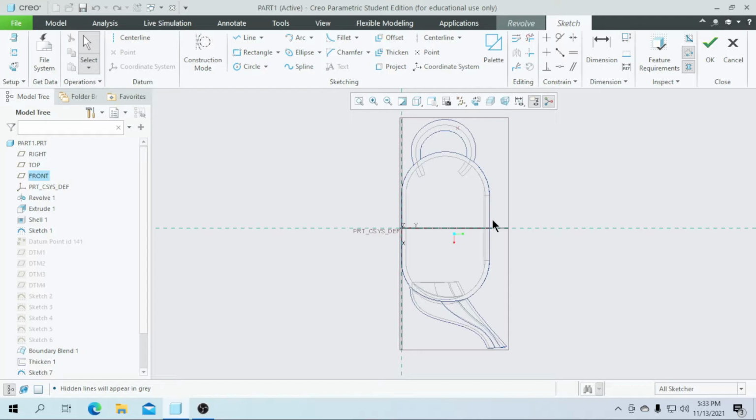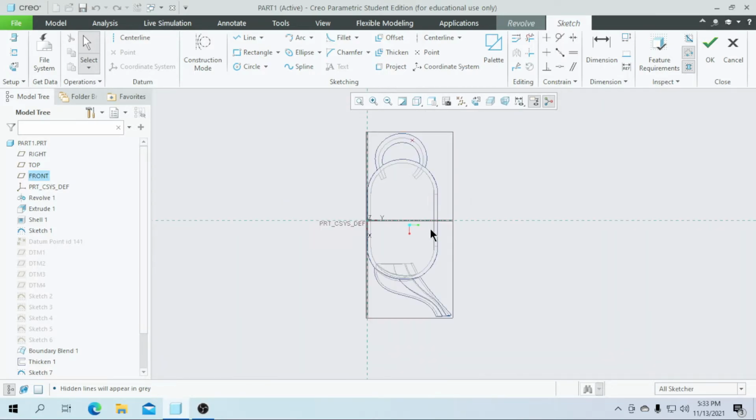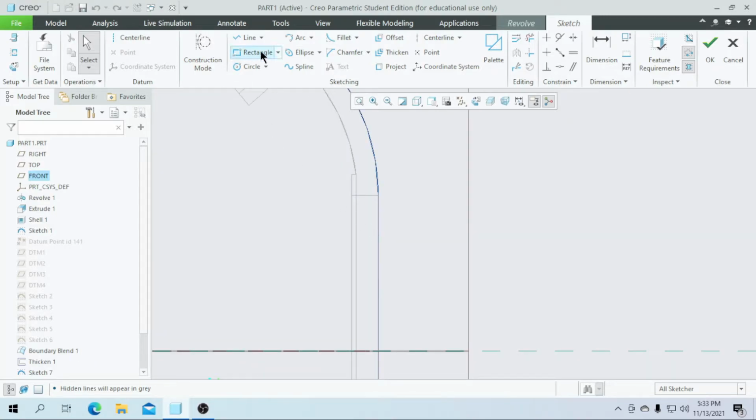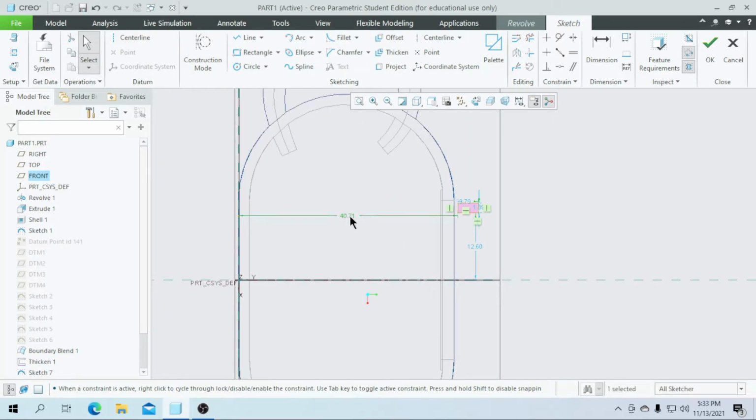So here I am going to draw a rectangle feature here as a corner rectangle. Draw like this, and I need this height to be a value of 38 and this length to be a value of 20.